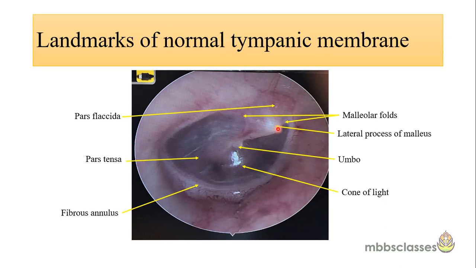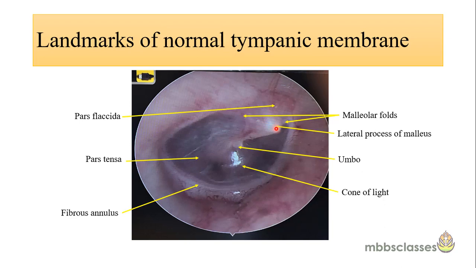From here, the lateral process of malleus, the fibrous layer condenses to form the two malleolar folds up to the area of the anterior tympanic spine and the posterior tympanic spine. These spines signify the area where the bony tympanic annulus finishes. Or you can say that in this area the bony tympanic annulus is not present, and the fibrous layer